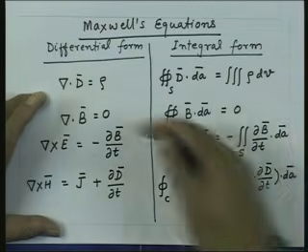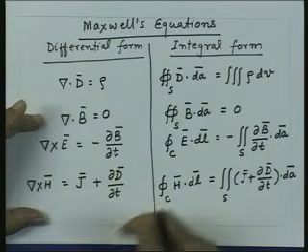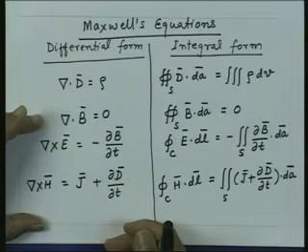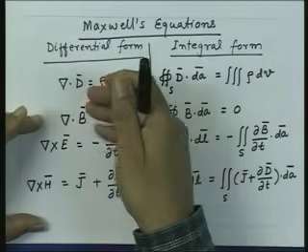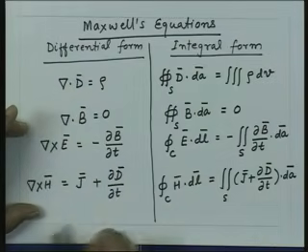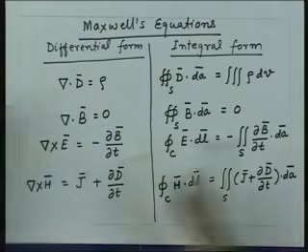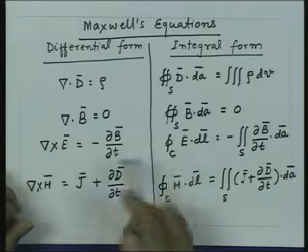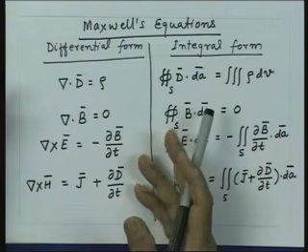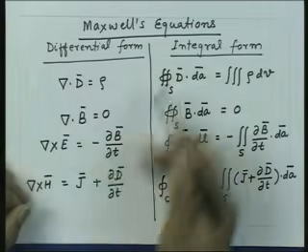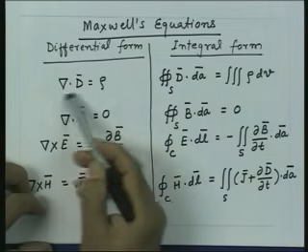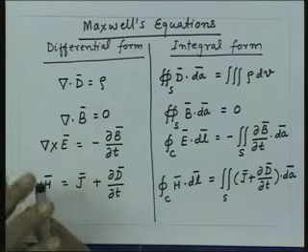So, once you have these generalized equations for time varying fields, we can reduce them to the equations for the static fields, that is by putting all time derivatives to 0. I will get the equations for the static electric and magnetic fields. Depending upon whether the permittivity or the permeability of the medium is varying as a function of space, that means if the medium is inhomogeneous, I will use this equation. If the permittivity is constant as a function of space, then I can write the same equation as we saw earlier. I can take epsilon out and say del dot E is equal to rho upon epsilon, and so on. So, you may have various forms of these equations depending upon the conditions applied to the medium,